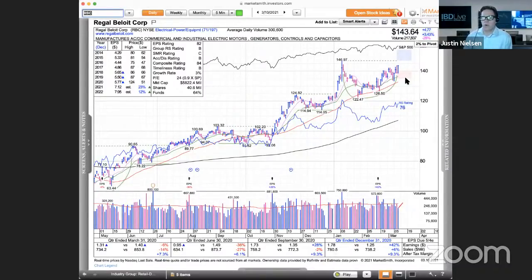Now, one of the reasons I wanted to bring this up is because this actually appeared on our IBD breakout stocks index this week. And one of the things that we do with that index is we're using pattern recognition. So the line that you see, those green lines, the dashed line, all of that stuff that you see in MarketSmith, the pattern recognition, that's what we're using to pick stocks for the IBD breakout stock index. It's an algorithm that does it. It's a computerized system, but this is one that it picked up this week, and it's got some interesting things